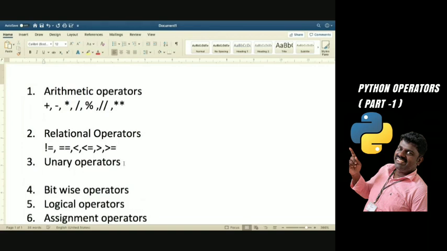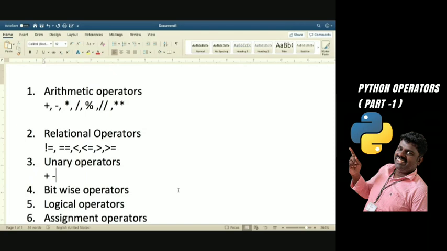Similarly, unary operators. That means you will have unary plus, and then unary minus. For example, if you give a equal to 5, and you apply unary minus, that is minus of a, then you will have the negative number. If you are not giving a sign, it is automatically considered as plus 5. A equal to 5 is equivalent to plus 5.